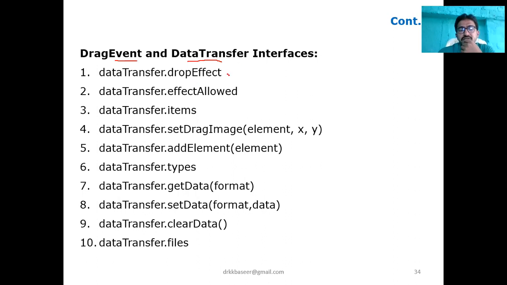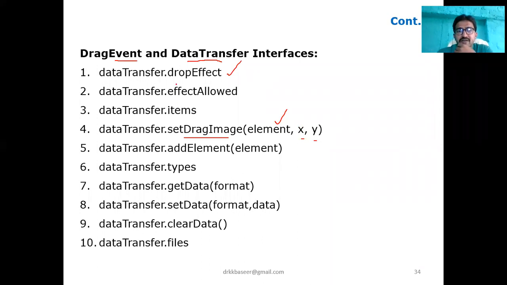Drop effect means once it is dropped, what is the effect? The effect will activate that checkbox or text area, or once you are dragging and dropping that image, whether the image has to be adjustable with respect to the area you are throwing it to. And effectAllowed items. With setDragImage, once you set that, based on that element you can set some x and y coordinates so that it will be adjustable.